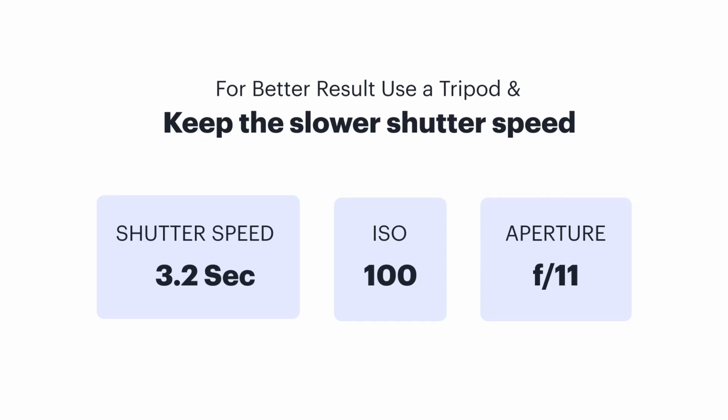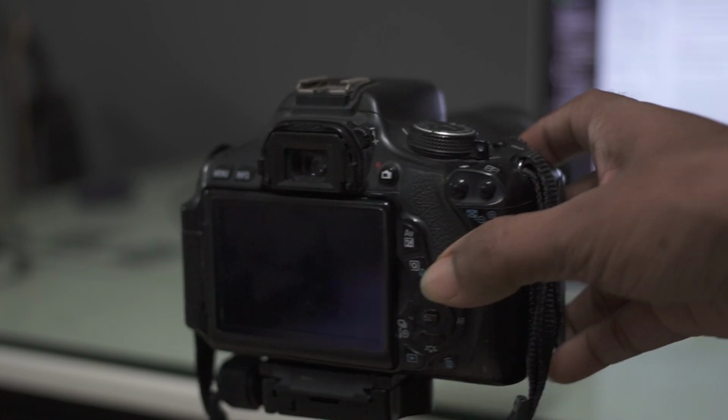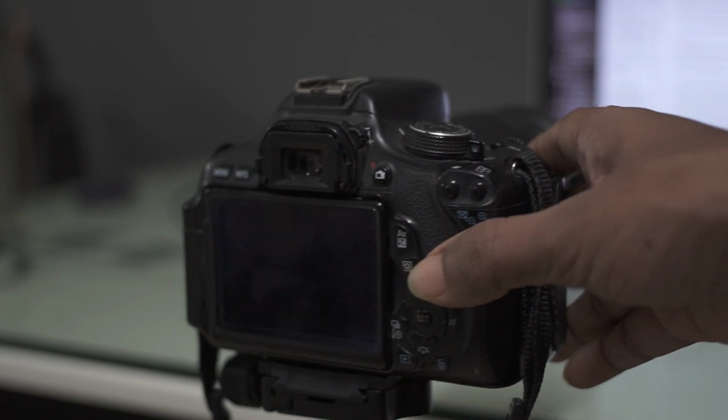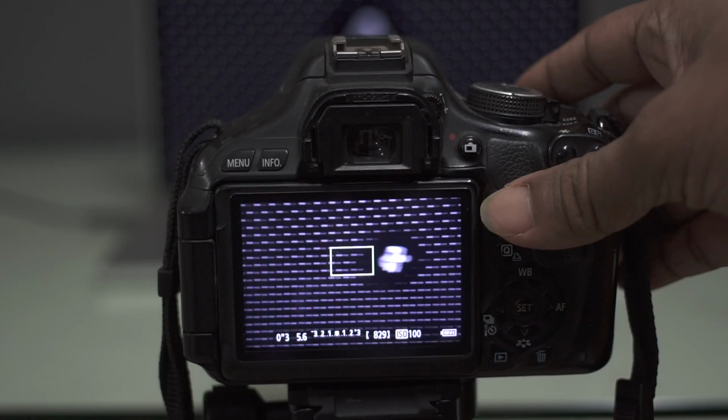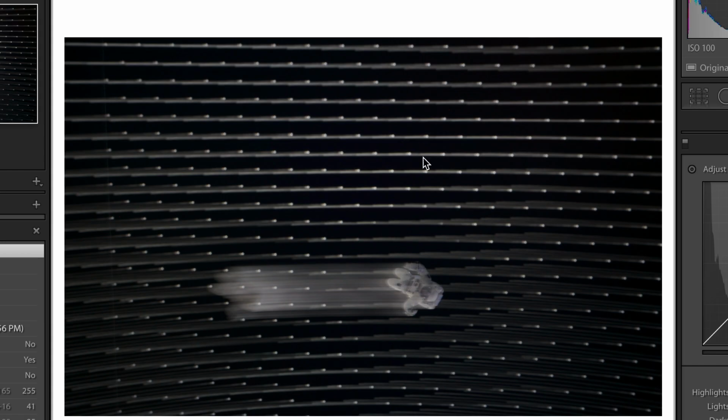Now let's move to the camera setup. The camera setting for this image will be same as the previous zoom burst image. First set up your frame by zooming to the subject. For the pan blur effect, you also have to pan the camera while you are pressing the shutter. So once your framing is done, turn off the lights except the laptop screen and press the shutter while panning the camera. So here's the image that we just created with the panning technique.